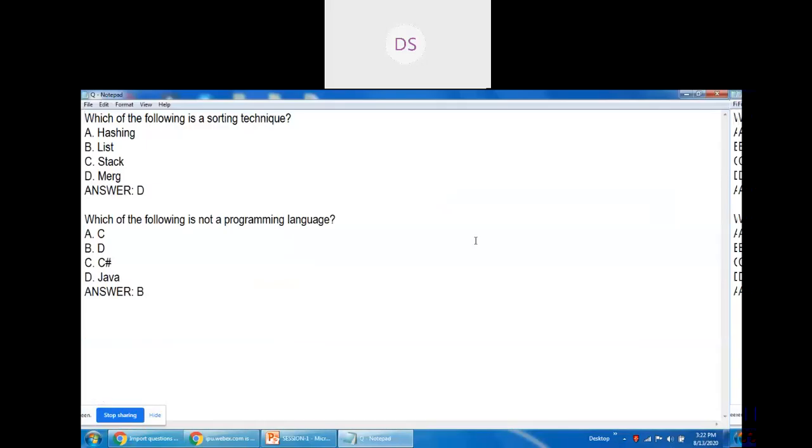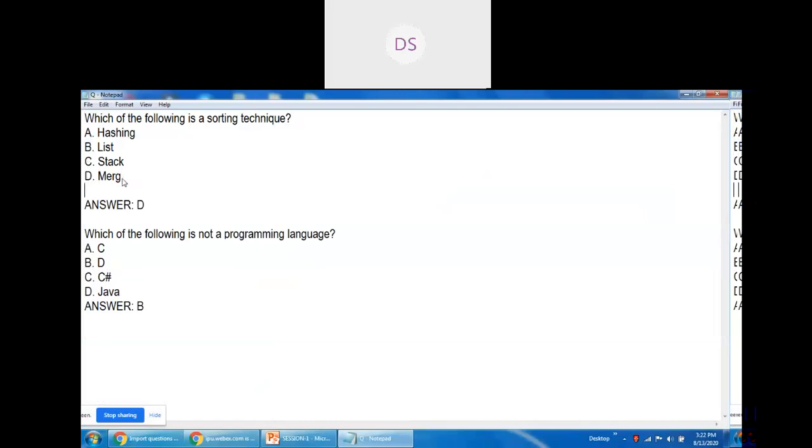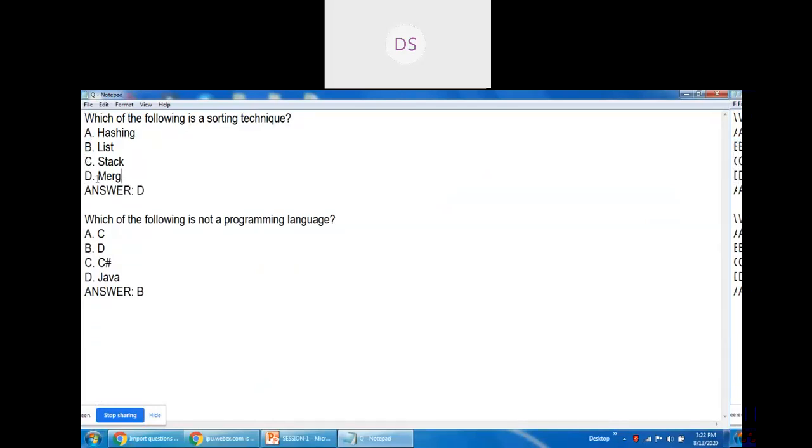So in this file, I have organized 2 questions, and please remember the guidelines and specifications as laid down by Moodle. Your questions should appear in a single line, and then you need to give your answers with capital letters A, B, C, D, and you may write E also. There is no restriction of options. After the characters A, B, C, D, you need to put a dot symbol and then your answer. Your answer may have spaces, and other characters like plus, minus, brackets, whatever you want.